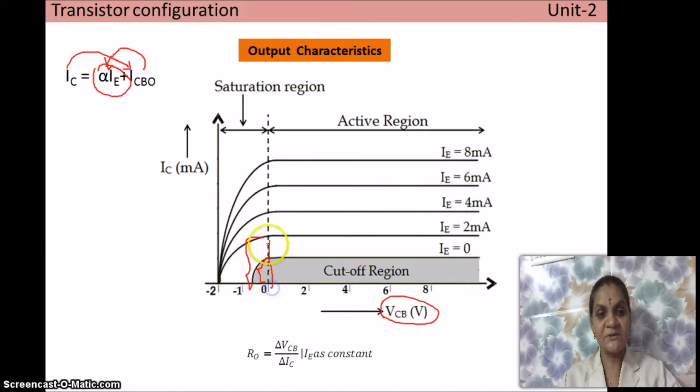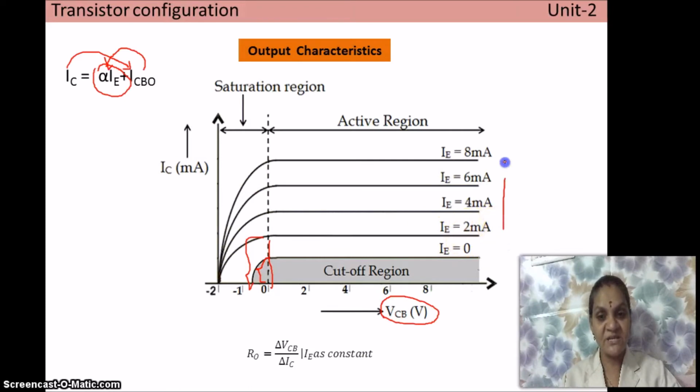So this is the new collector current, and this collector current remains constant for whatever may be the increase in the reverse bias voltage. This is because we are keeping the emitter current constant. In a transistor, emitter current will be approximately equal to collector current. Since emitter current is kept constant, the collector current is also assumed to remain constant. That's why you are getting a saturated line here.